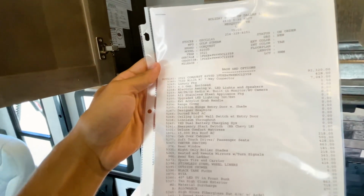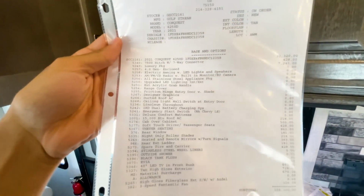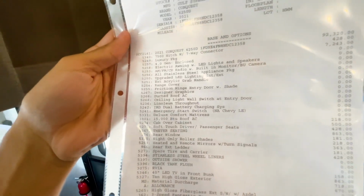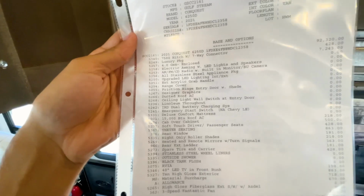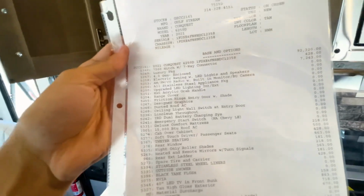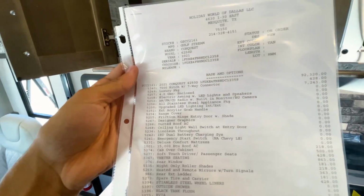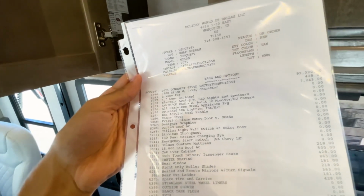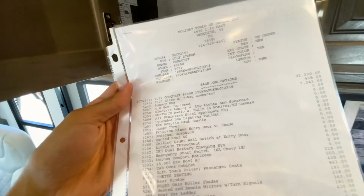Have a bunch of different packages, but you can see all the different stuff that comes on here. You do have a 15K BTU roof AC. That's one thing I really wanted to check because it comes standard with the 13.5. And ducted AC, got your spare tire, outside shower. You have a black tank flush, 40-inch TV,